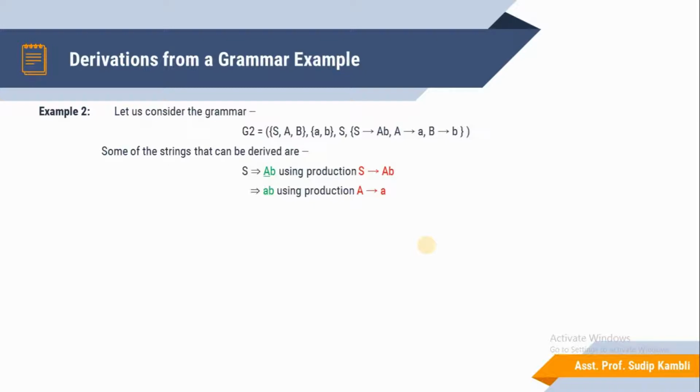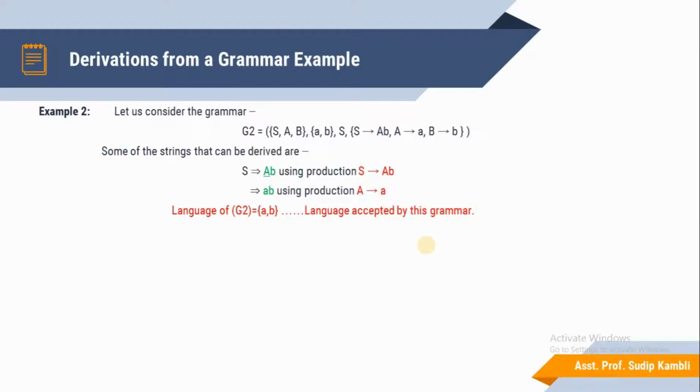So using that production set, the language of G2 is equal to the string ab. So this language is accepted by this grammar.